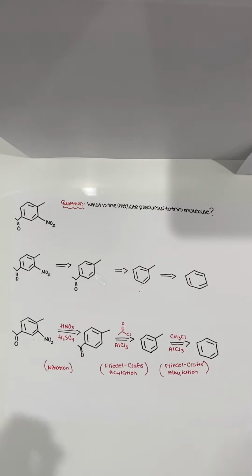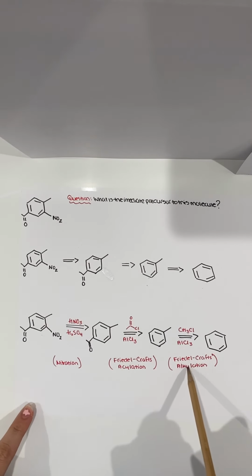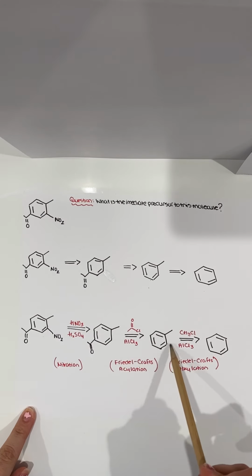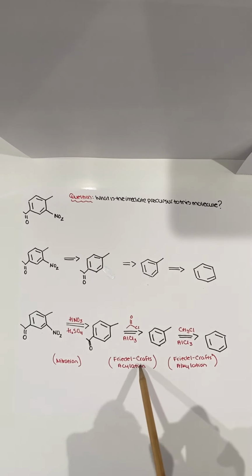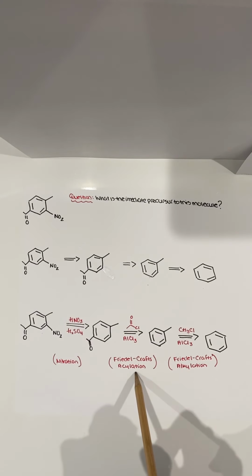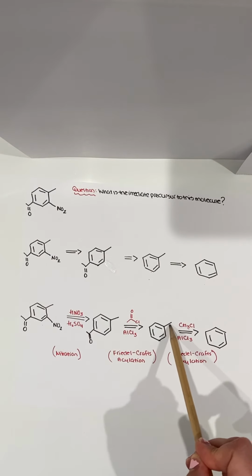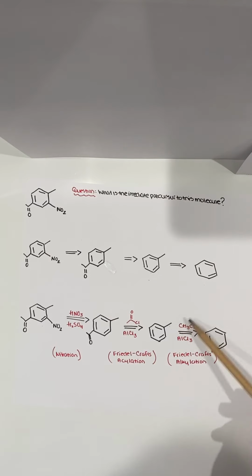Now, as you can see, looking through the reaction as a whole, when doing Friedel-Crafts alkylation, you could add the methyl group to any carbon of the benzene ring. From there, when doing Friedel-Crafts acylation, this reaction will go through because there is no electron withdrawing group present. There is a methyl group present, which is electron donating. So in this case, because it is electron donating, it will act as an activator, and it will